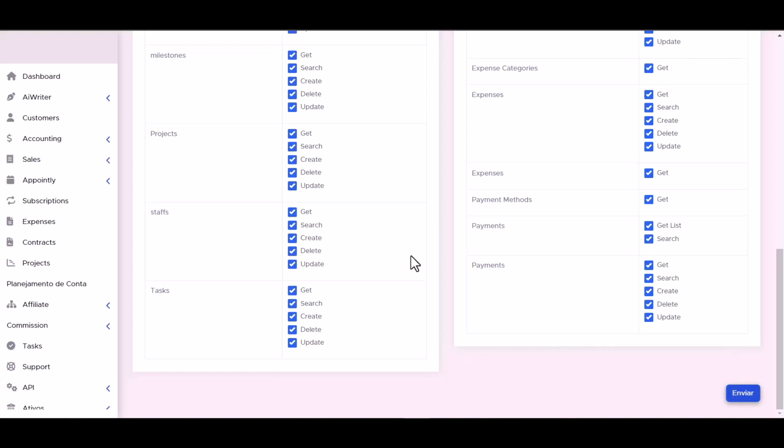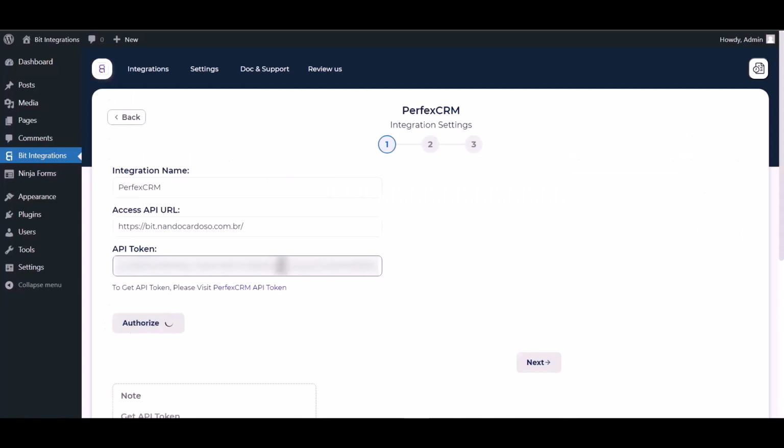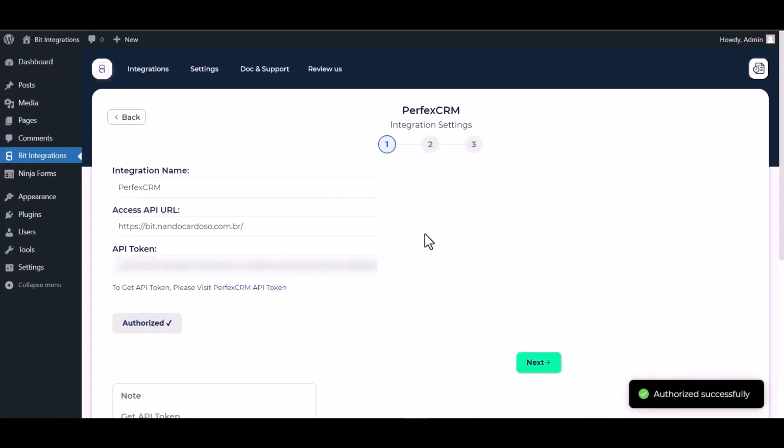Copy the API token and paste it here. Authorize it. Authorization is successfully done. Next,